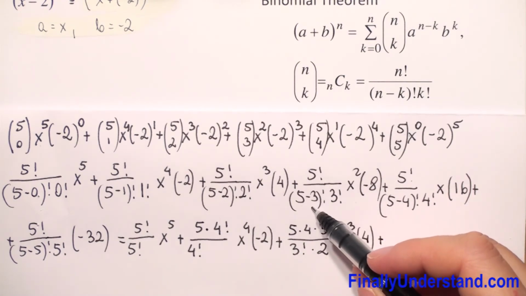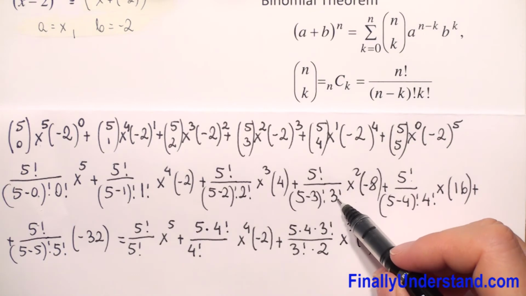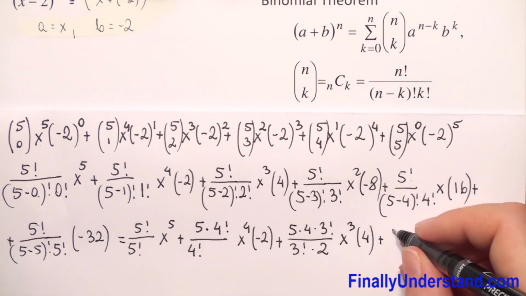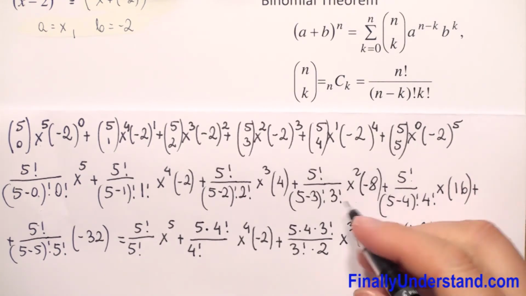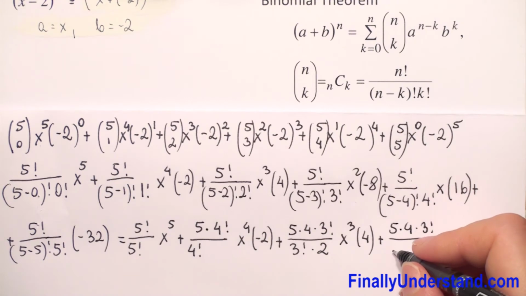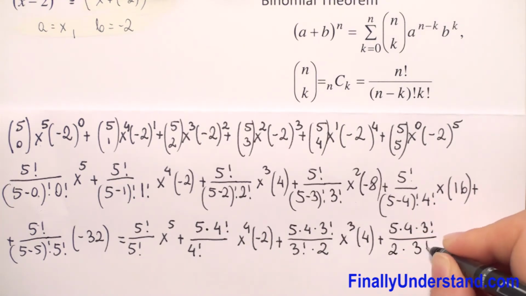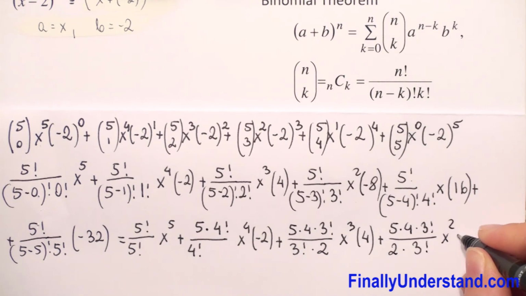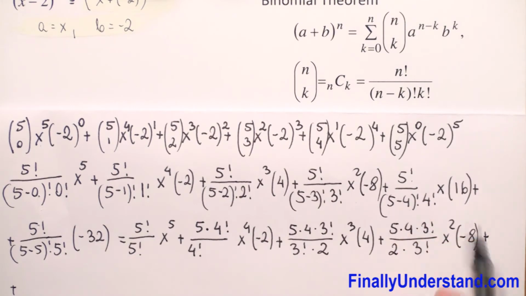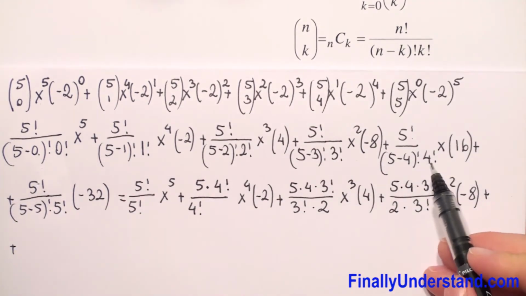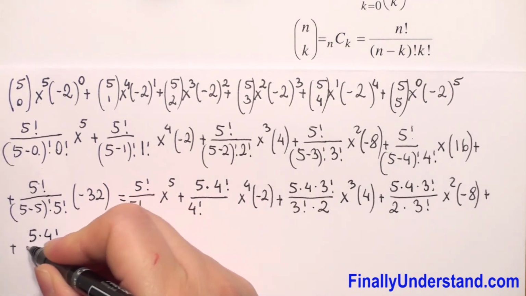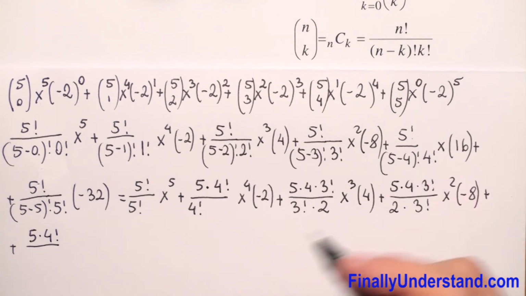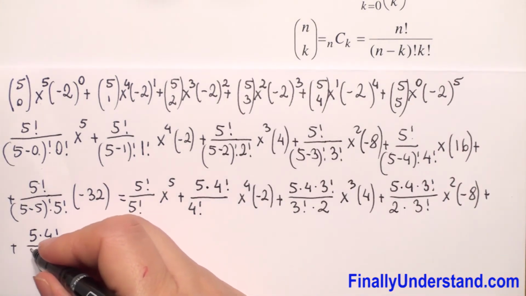and now we have 5 factorial, and we have 5 minus 3 factorial, and we have 3 factorial. So I will rewrite 5 factorial as 5 times 4 times 3 factorial over 5 minus 3, so this is 2 factorial, so 2 times 1 is 2, times 3 factorial, and we have x squared times negative 8 plus, and we have 5 factorial, and because we have 4 factorial, I will write that the numerator of this is 5 times 4 factorial over 5 minus 4, so this is 1 factorial, so this is 1 times